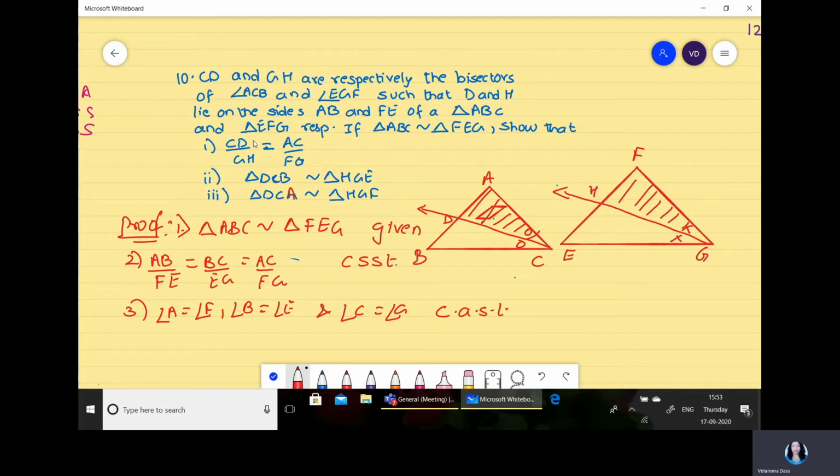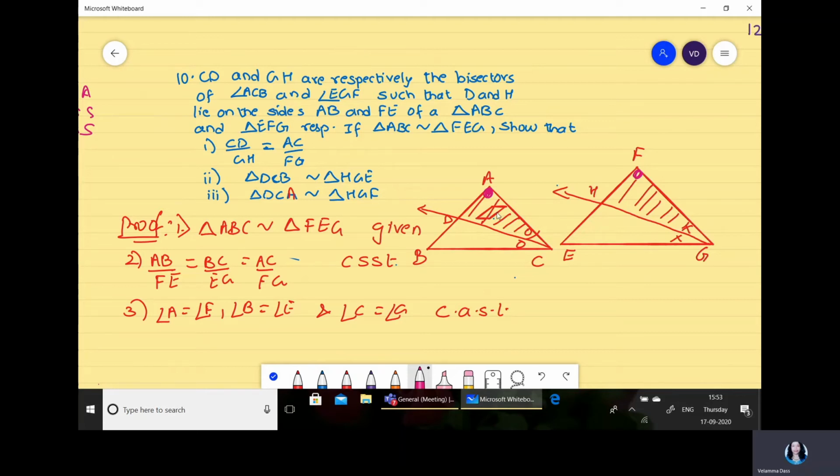So this fact is already known to us. Now when I consider these triangles, first let us prove triangle DCA and triangle FGH. Here we know that angle A is equal to angle F. But about the sides we cannot use it, because we have AC and FG. Now this angle A is included by the sides AD and FH, and AC and FG. So AC and FG we have, but we have to prove that AC upon FG equals AD upon FH, which is not possible to prove. So what is the other way?